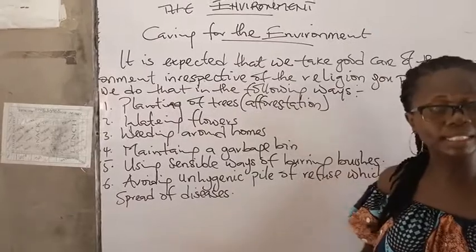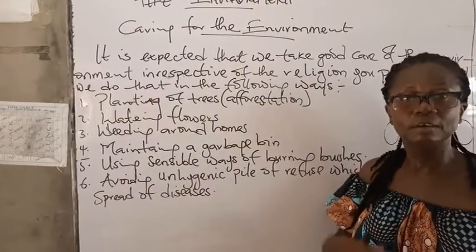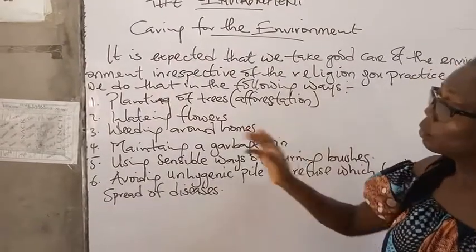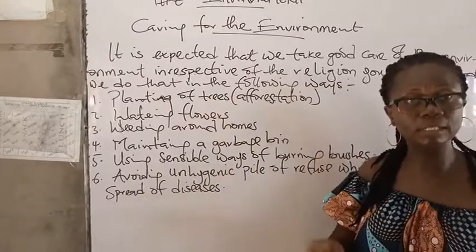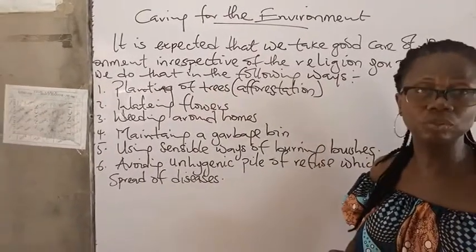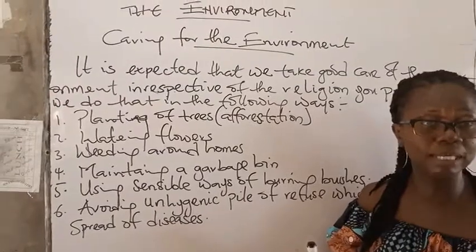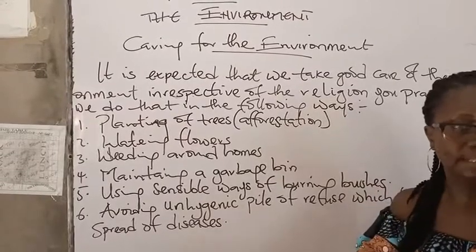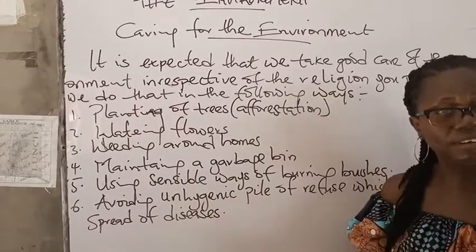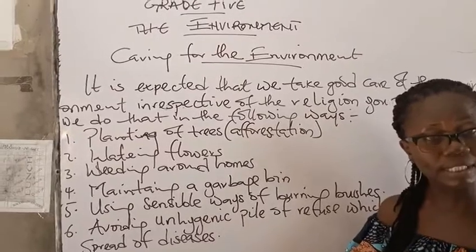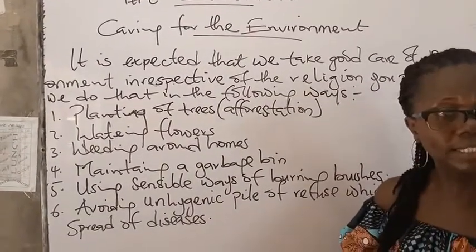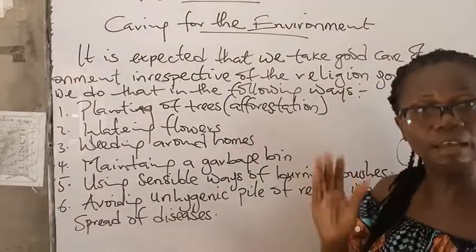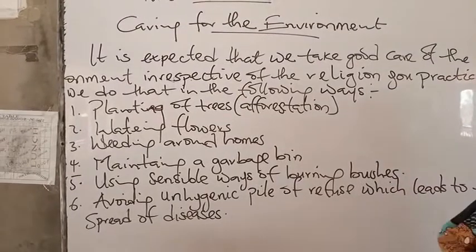When we keep on cutting the trees, deforesting the trees, causing the land to become desert, then we are going wrong. So we plant more trees. As you cut one, it's expected that you at least plant 2 trees, so that we will continue to keep the environment healthy. Because the trees or plants produce oxygen that we human beings use in surviving, and animals as well. We breathe in oxygen, which the trees generate, and they take in carbon dioxide. So it's expected that we plant trees every blessed time, especially when we are destroying some.